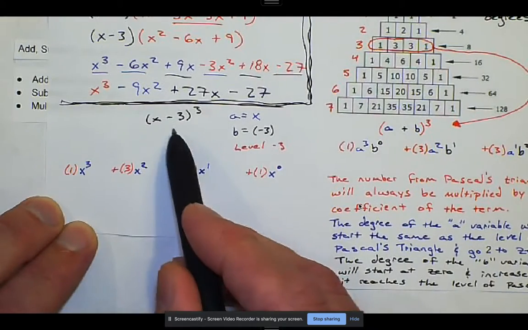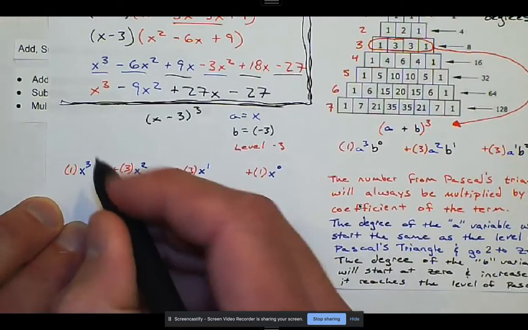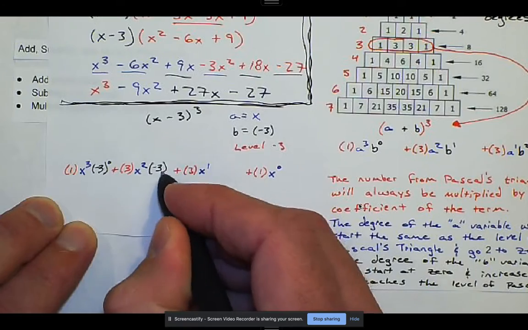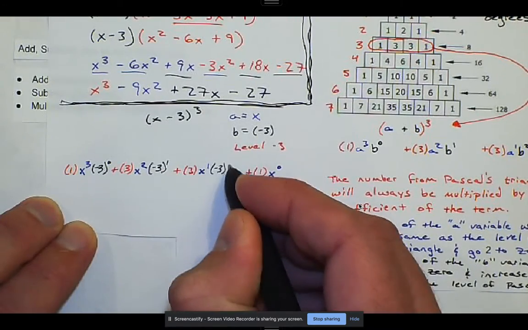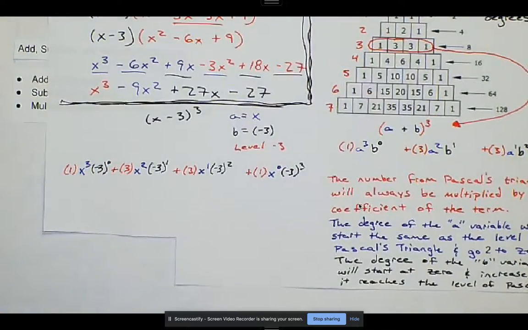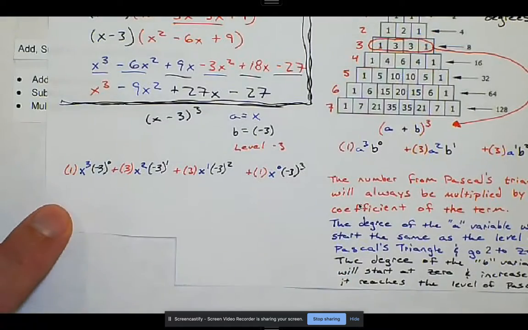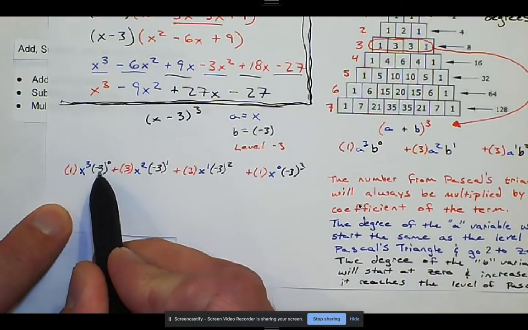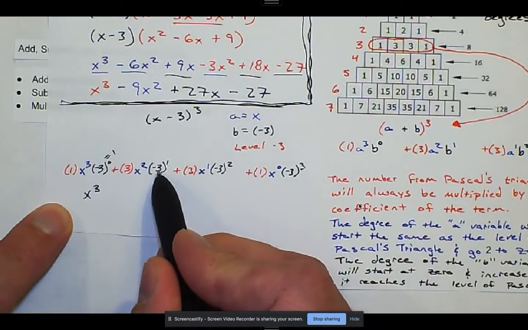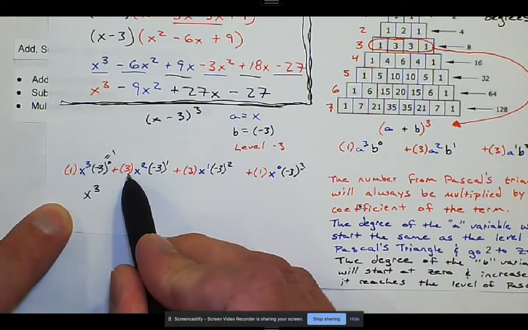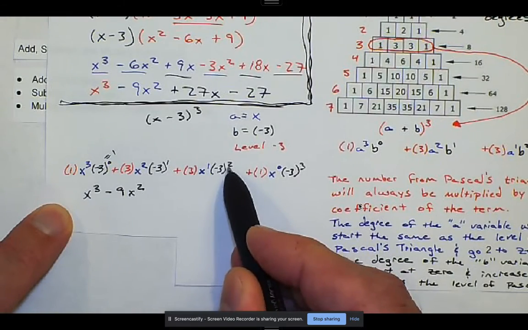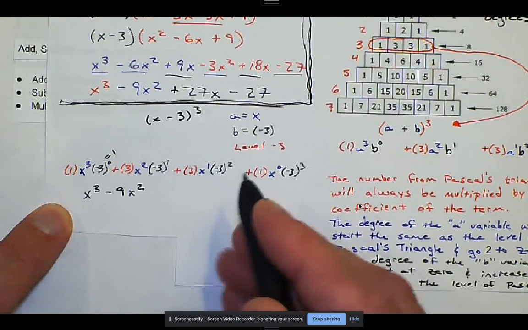And last, our b is -3, and that is going to start at 0. So -3 to the 0, -3 to the first, -3 squared, and -3 cubed. Then we can do this math, and we get x cubed times 1 times 1, because anything to the 0 power is 1, so that becomes x cubed. -3 times 1 is -3, times 3 is 9, so minus 9x squared. -3 squared is 9, times 3 is positive 27